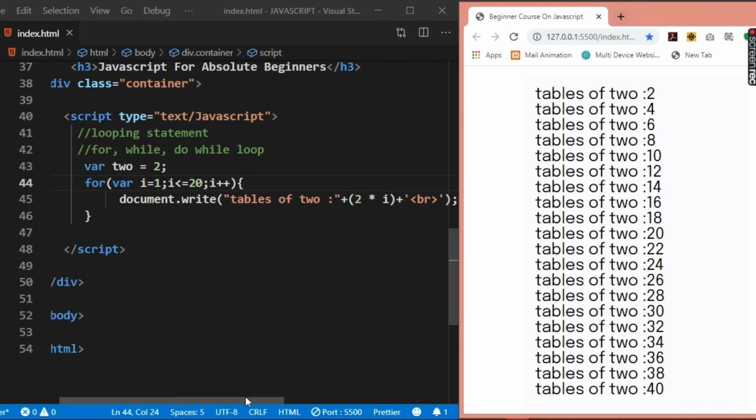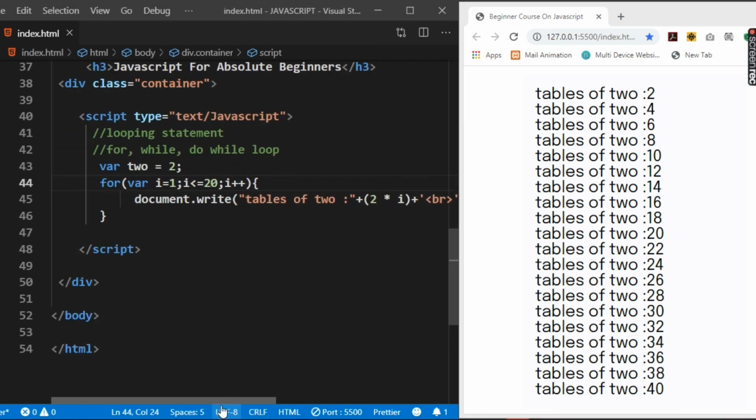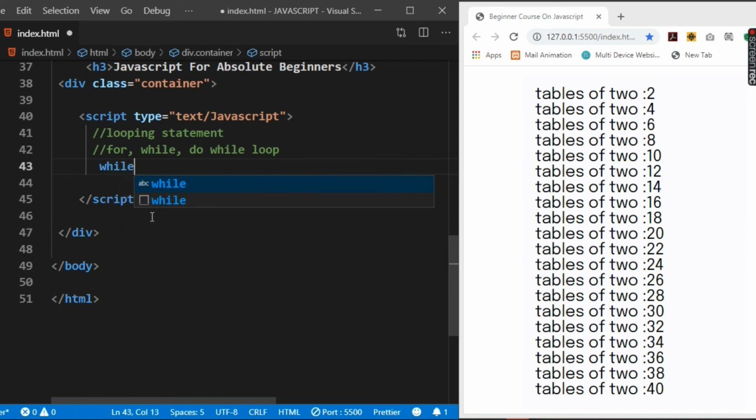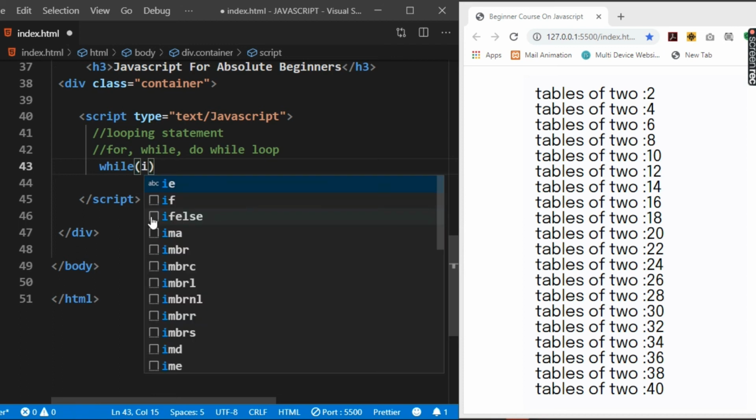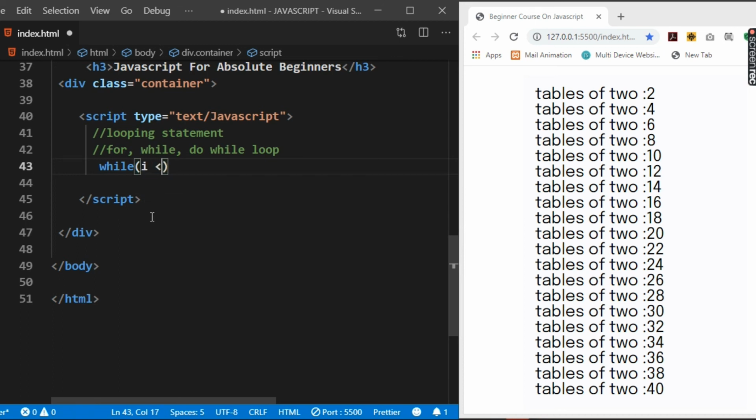The first one I've already shown you, why for loop is used and how it is initialized. The second one which I'll be showing you is the while loop. So while, you have to give a condition. Suppose I'm telling you while I is less than equals to 5, right? You have to write this one,